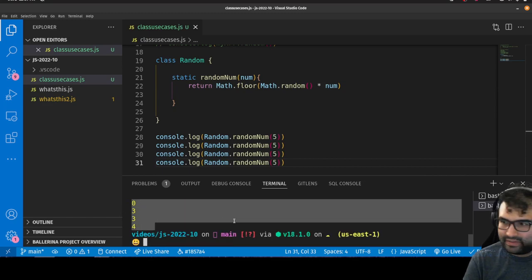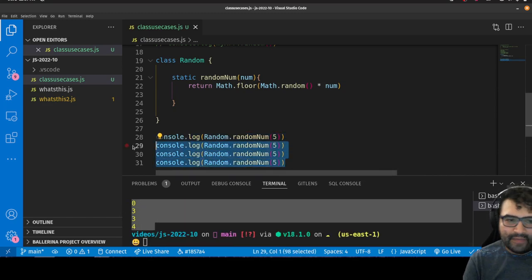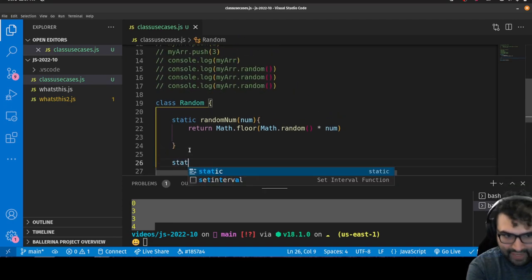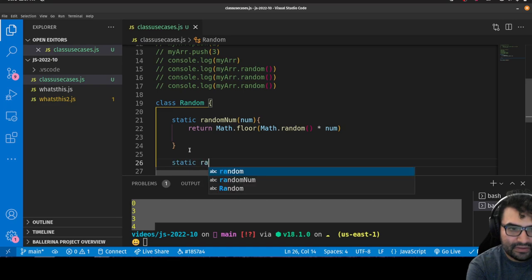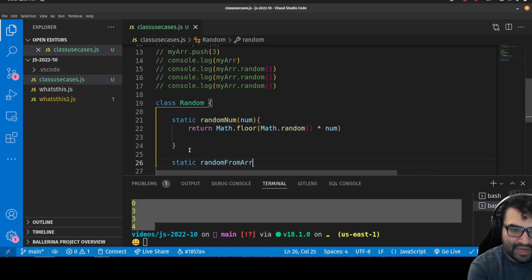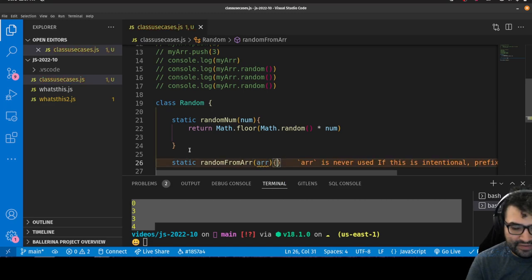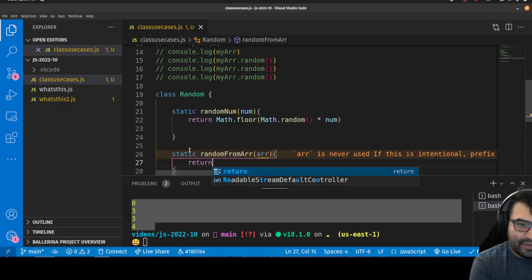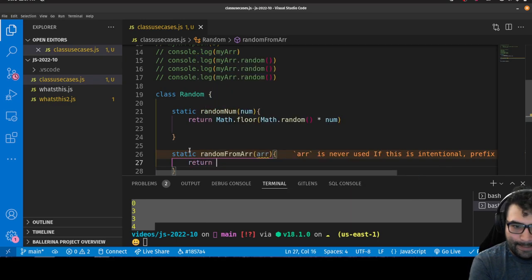Cool, and it works. Okay, wonderful. Now I can keep building in more methods. So let's say I wanted to just have a random number from an array here. So random from array. And this time we do have to pass in the array, because it's not a method of an array. It's its own separate object. So I pass it the array, and I want it to return